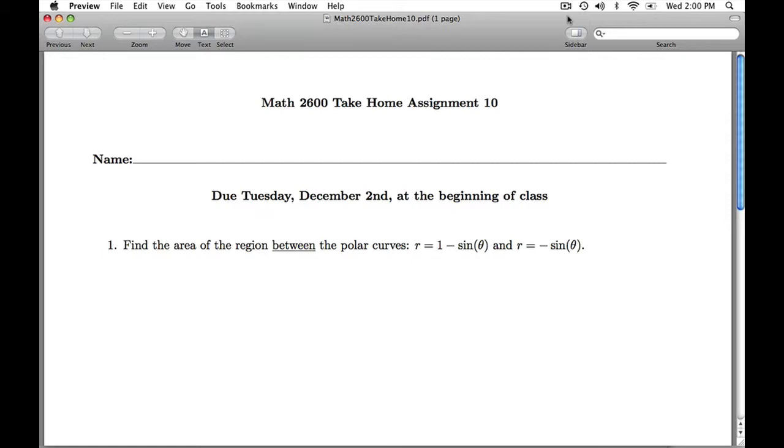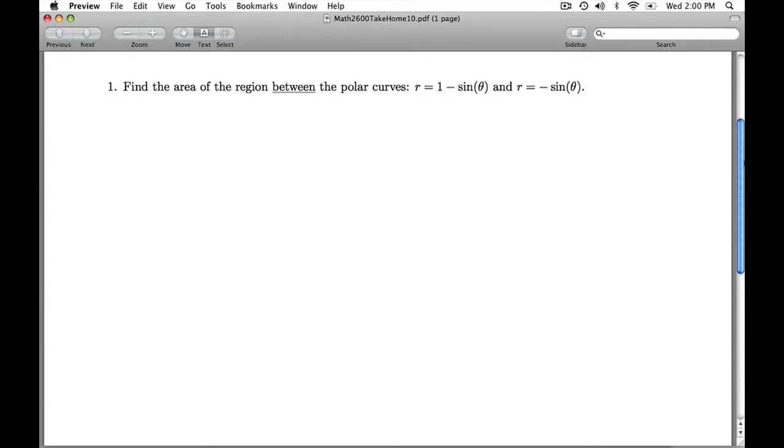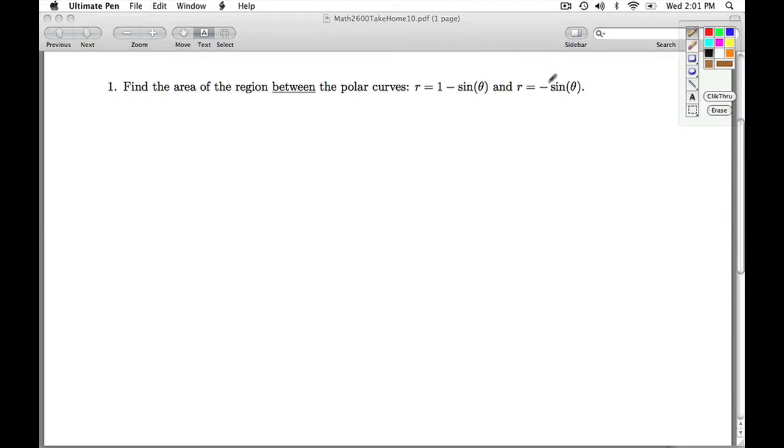Hi folks, this is Calc 2 Take Home 10. We're asked to find the area between these two polar curves. So the first thing we need to do is sketch a good picture of these two polar curves. So I'm going to look at the corresponding rectangular curves,